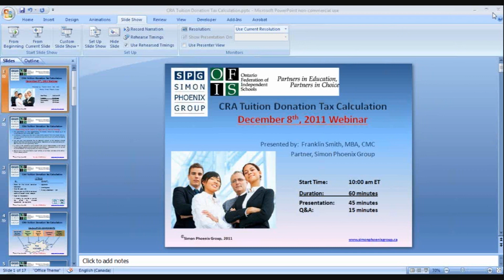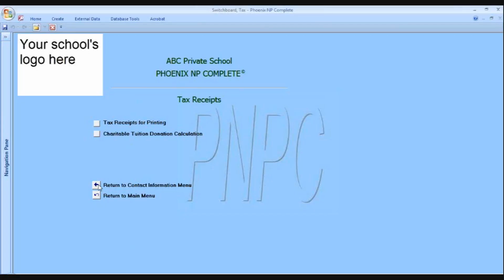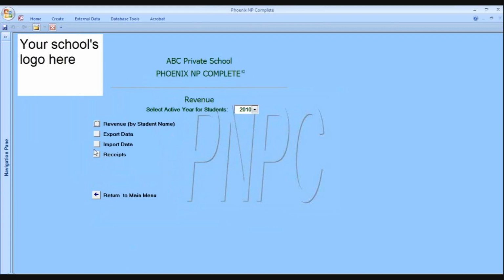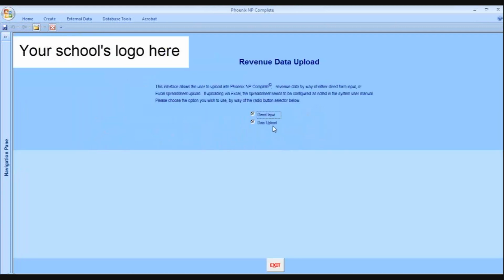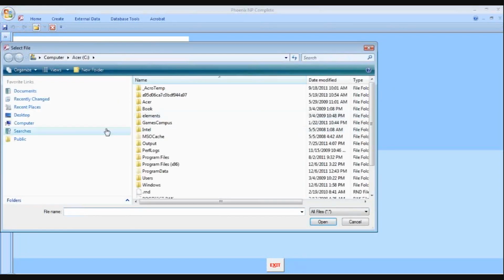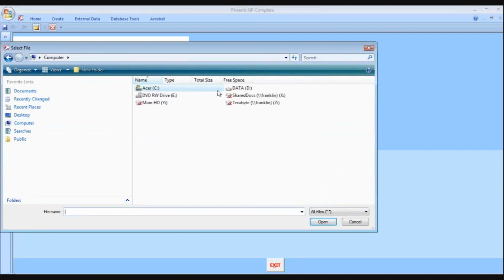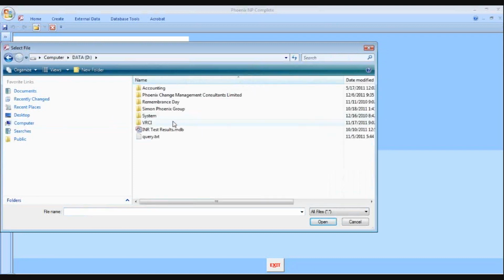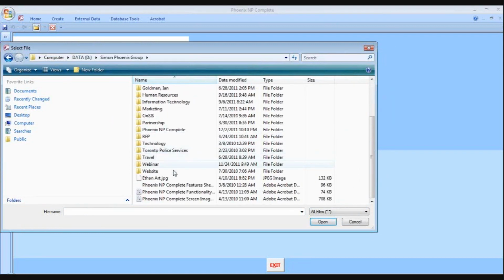So the nice thing about our application is that there is, in fact, the ability in our revenue module to import data via spreadsheet upload, and it's simply with a few clicks of a mouse that